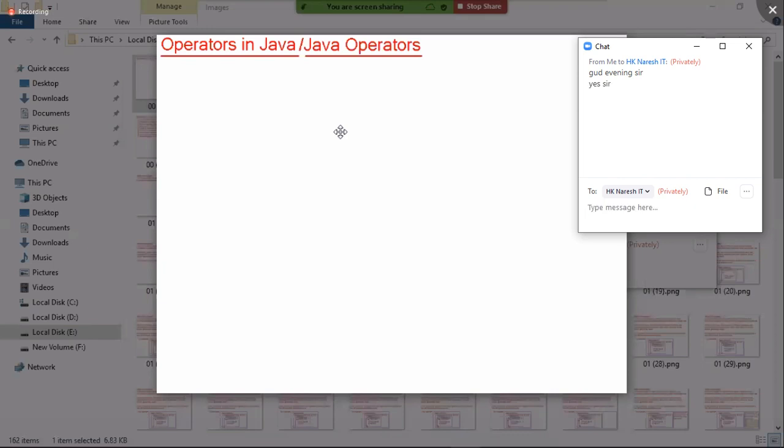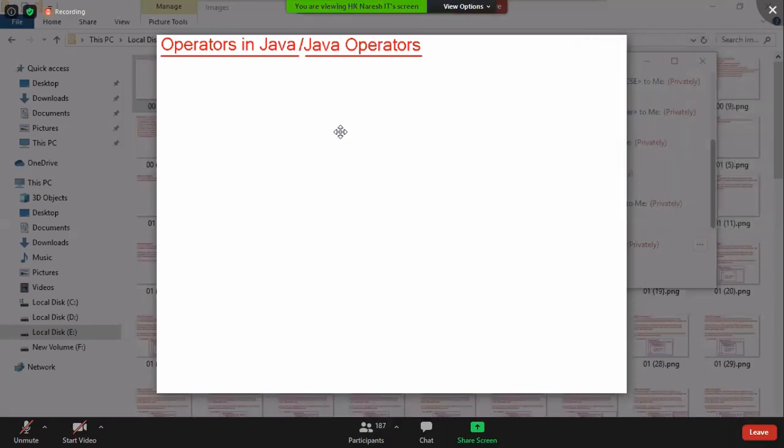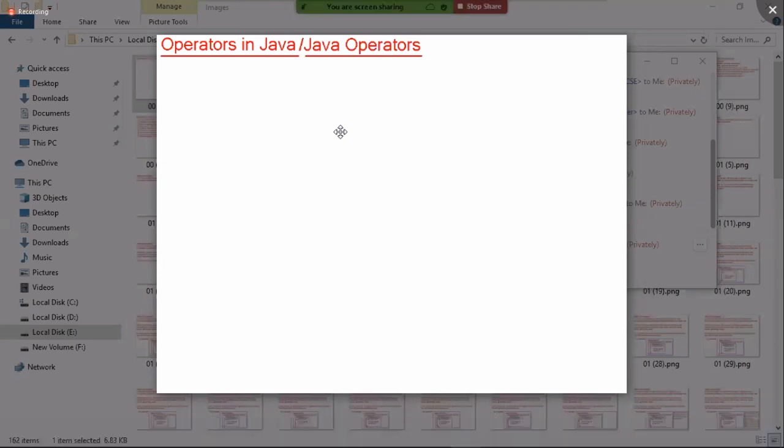In last class we completed data types, literals, types of literals, Java 7 new features, type conversions, typecasting, and different test cases we discussed. Okay, and also we discussed char data type important points. With that knowledge, now we are moving to the next topic, Java operators or operators in Java, whatever.